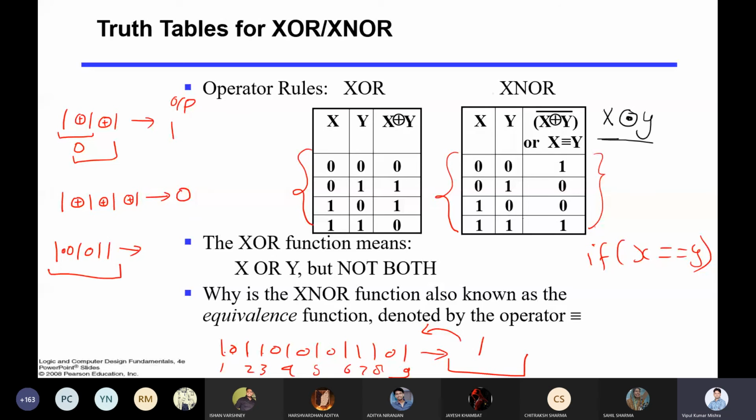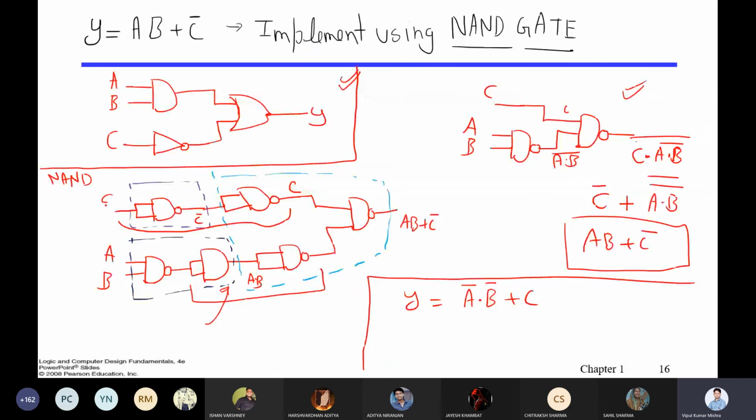Okay guys, so this is all about the XOR gate, XNOR gate, NAND gate, NOR gate, and many other gates and the representation of those circuits, right? So in the next lecture, please remind me, I will discuss the circuit representation of XOR and the NAND representation of this simple circuit, as one person asked. So try it at your end and then we'll discuss it in the next lecture.